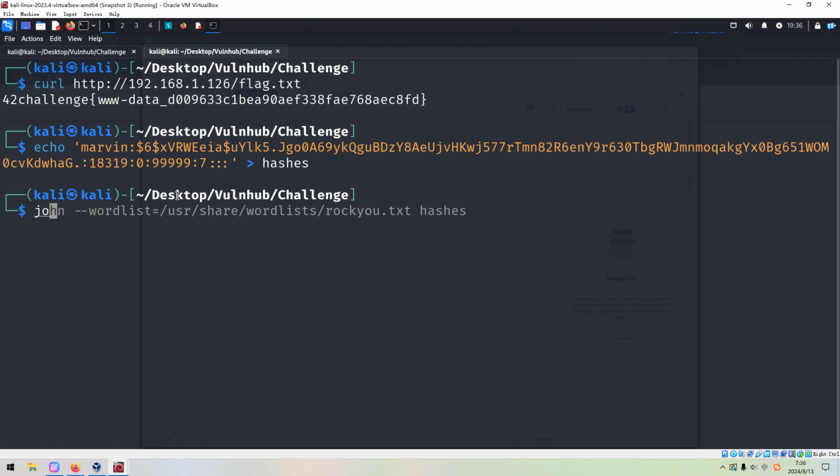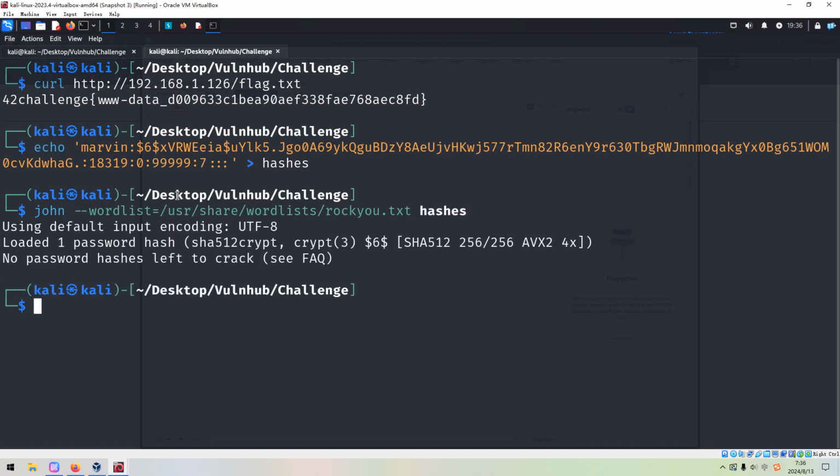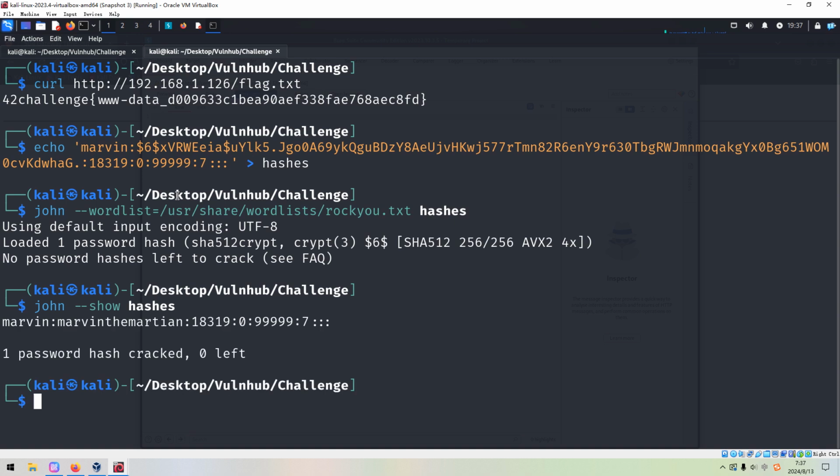Then we can use John the Ripper to brute force. Because I've already cracked it before, John the Ripper has a cache. To display the password, we can use the show option. So this should be the password for Marvin.